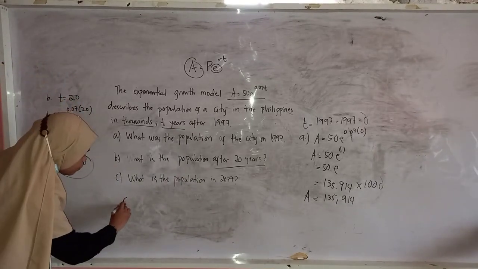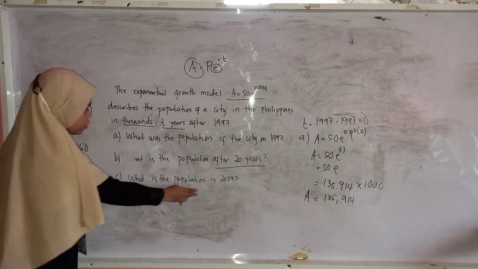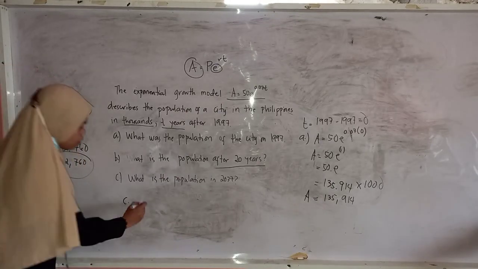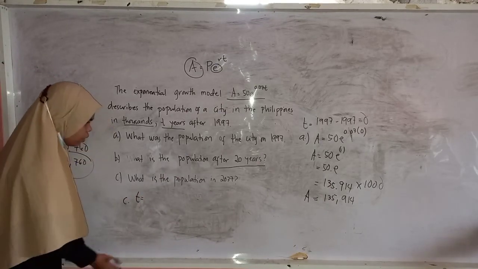So for letter C naman, so what is the population in 2037? So the value of time